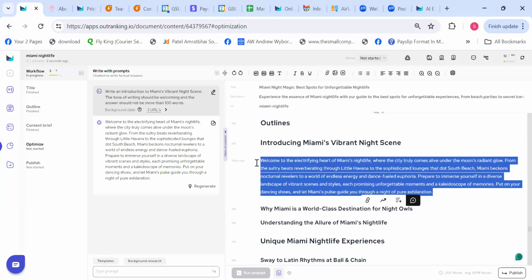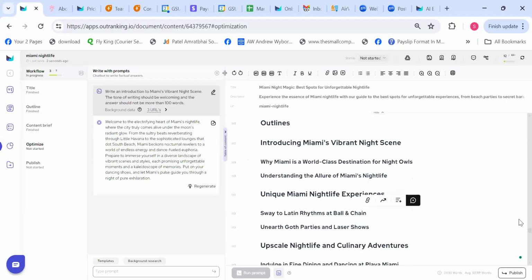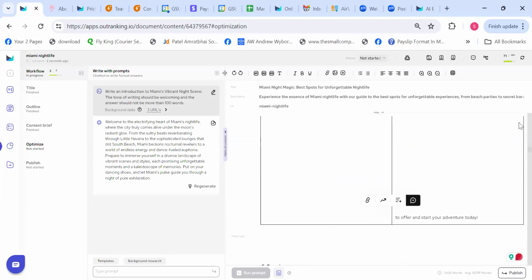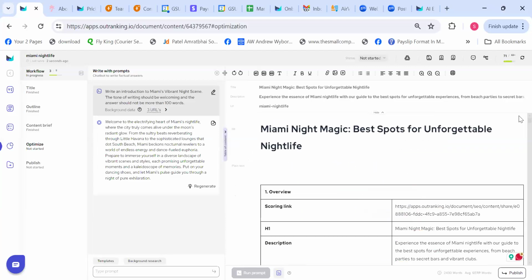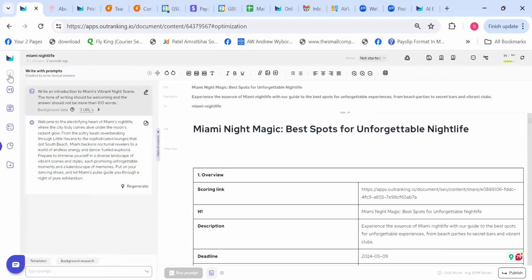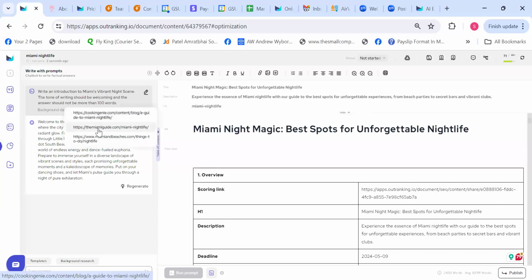You can generate content like this, or you can manually start writing here. But if you quickly want to generate a first draft and then edit it moving forward with your writers, you can do that as well. But how to do that? You are on the content brief right now, and one more thing that I forgot is, when you write a prompt and generate content, Outranking will also give you the sources from where the background research has been done, so you know exactly the content which has been generated is coming from reliable sources only.